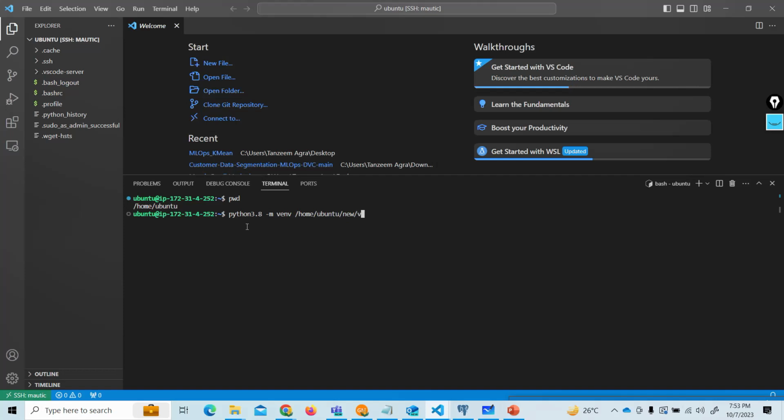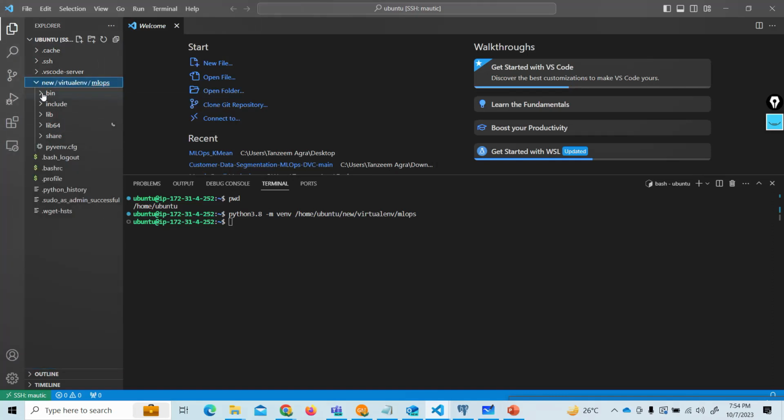Inside this, I'm going to create a virtual env subfolder, and give it a name. Let's say MLOps. This is going to be my virtual environment name. Enter it. You can see one new folder got created on the left under new virtual env